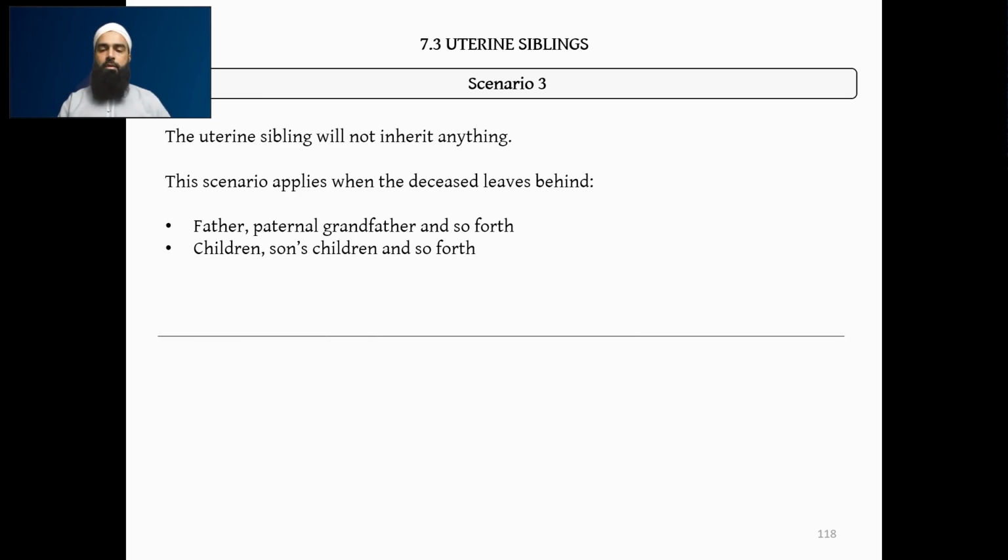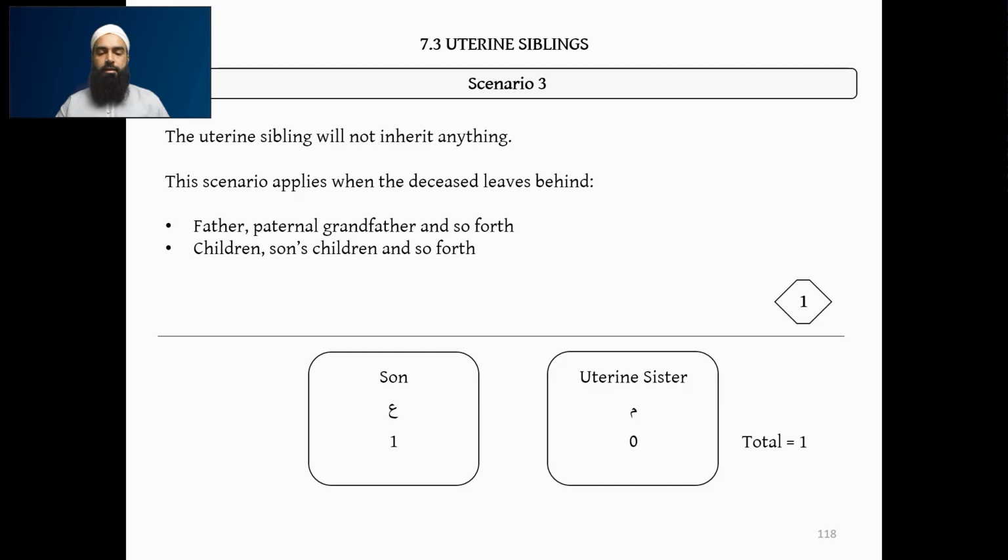So let's do an example. We have a uterine sister and we have a son. So what happens in this scenario? As we have hopefully understood, the uterine sister will receive nothing and the son will receive the entire agnatic share. Because there's only the son receiving here, we just make the divisor out of the number of people. So we see 1 son, so we just make it 1 and we give the entire pot to the son, and it equals 1, so it's all fine.